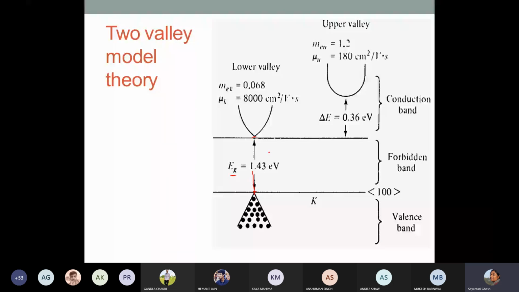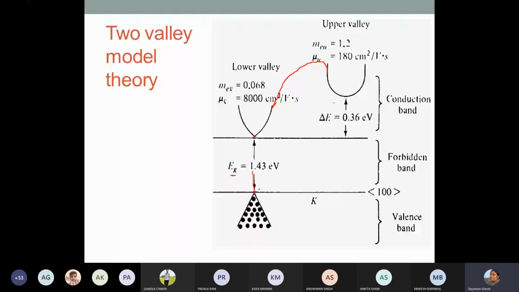You already know this, because this is the main part that is always highlighted when we discuss gallium arsenide. If you plot the E-K diagram, the conduction band and the valence band have these wavy bottom lines, and beyond the bottom of the conduction band, which is aligned with the top of the valence band, you have another valley present very nearby. This other valley is not exactly aligned to the top of the valence band, and its energy is a little bit higher.